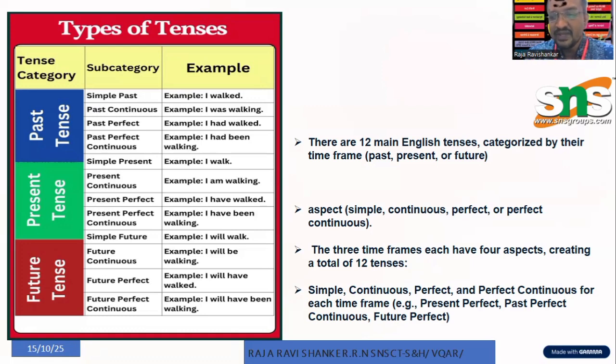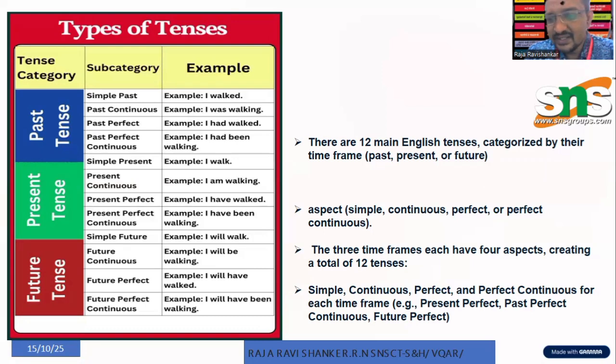We need to be clear with the basic tenses first. So unless we are clear with the basic tenses, for example, when we say we normally start with present, but actually what happens is we start with the past because that is the first thing that happened. When I say I walk, this verb here is walk, which is present tense. So we need not even say I walk now. I walk simply means right now. When I say I am walking, it is continuing. But when we say I was walking, now we need to fill it up in a different form because time plays a very major role, even in simple present tense.